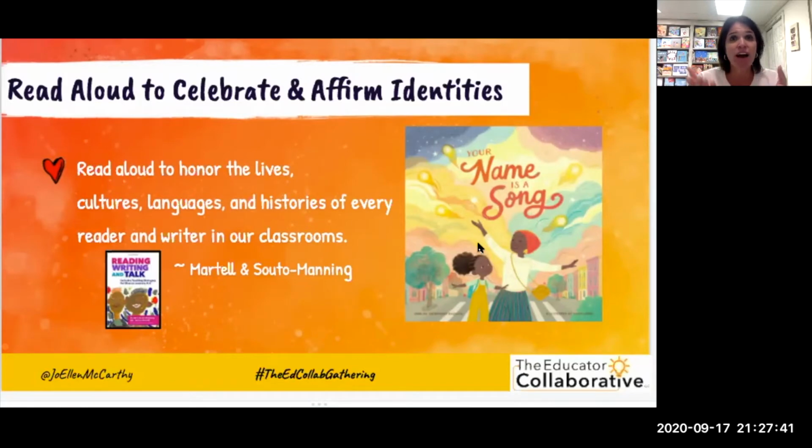And Jamila, on that shelf of mine that I just shared with you, and you will see in the resources, you could click on to see Jamila talk about how to pronounce the names, and she talks when she does this about how important it is to get names right. And we know this is a time of year we're getting to know who our kids are. We're asking them to tell us the story of our names, which is the reading writing connection. They could write the story of their names.